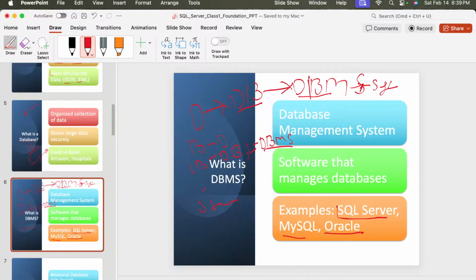So in the real world, you can consider a bank: customer details are stored, transactions are stored, and account balances are updated. The bank system uses a DBMS to manage all these kinds of data, right. Suppose when you transfer money, the DBMS updates the database safely. It's a real world example, right.